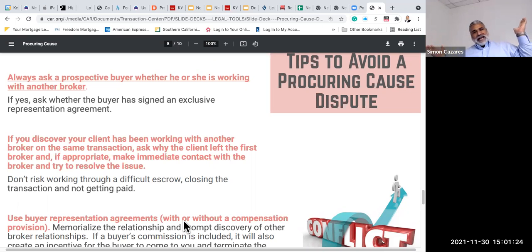Whoever has the most compelling information and documentation and process will ultimately win. It doesn't matter if you're related with the buyer, but if this other agent has the buyer representation agreement, an executed purchase agreement, has open escrow, closed escrow, and bought the property, they're going to see it in a different light. They're going to say, "Yeah, I understand that's your brother or your sister, but this other agent was the compelling factor, and therefore you're not entitled to any commission." Okay.